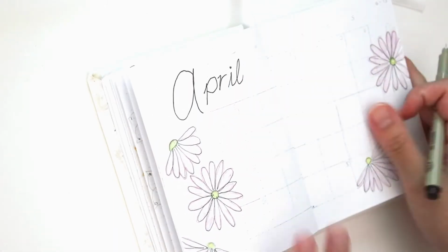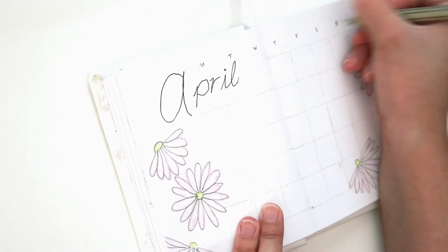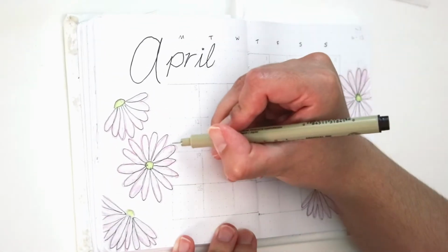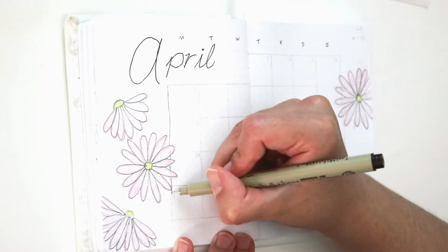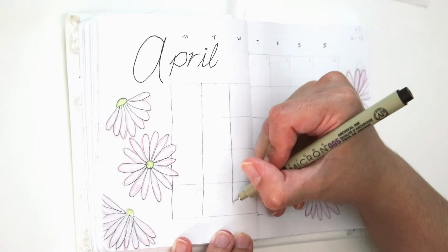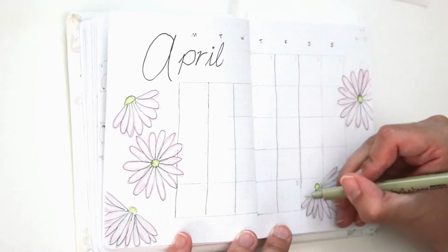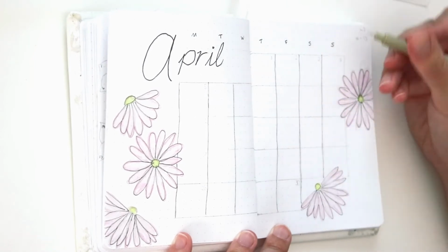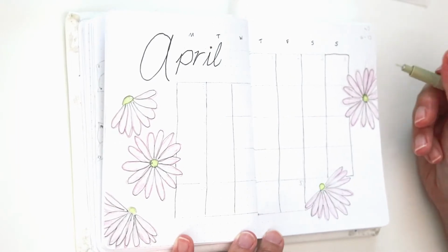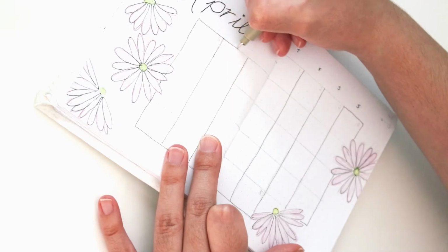I'm using my 05 to write out the word April over there on the top of the calendar, and then I'm writing down the days of the week as well, just so I don't forget. I'm using my 005 micron to do the lines for the actual monthly calendar, not using a ruler this time. I still cannot find my Muji ruler, and I do not feel like using a straight edge such as another stack of paper or envelope or book,